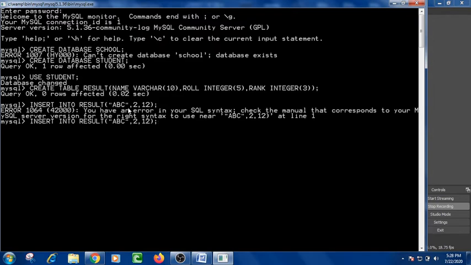Insert into result, then ABC I have written, then double quotes, again comma, suppose roll number 1 is given here, comma, then rank I am giving 23.